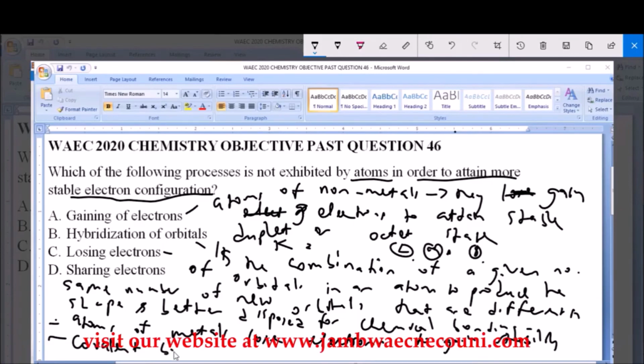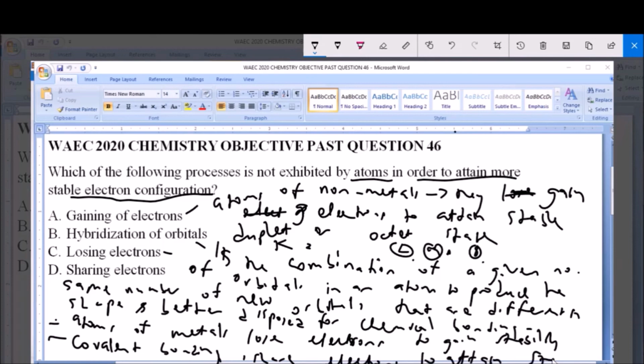In covalent bonding, the atoms share electrons to attain stability. So what we have seen is that options A, C, and D are done for the purpose of attaining stable configuration or attaining stability. But option B, which is hybridization of orbitals, is not done for the purpose of attaining electron configuration stability. It is done just to make the atoms better disposed or in better shape and form